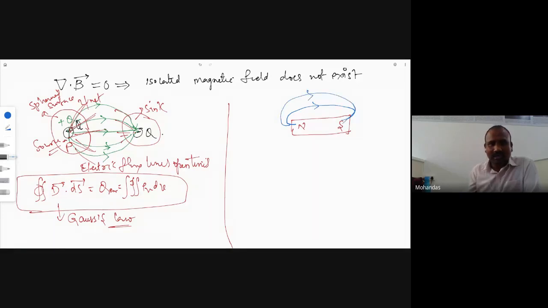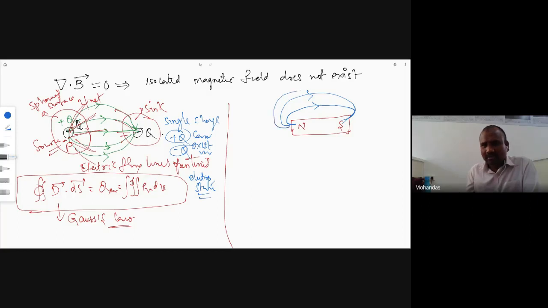And here I can say, a single charge in electrostatic field, a mono charge, either positive charge or negative charge, can be available separately. A single charge can exist in electrostatic field. Suppose you take a magnetostatic field,